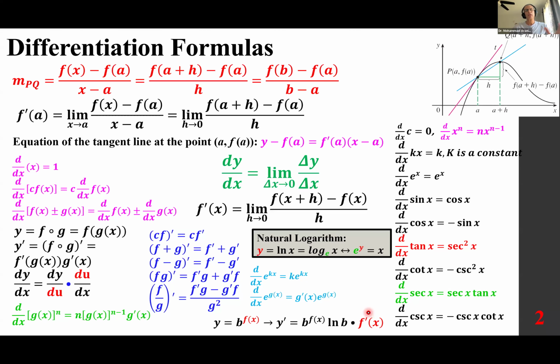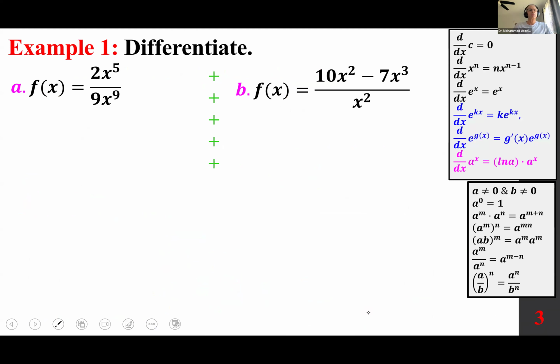So for example, let's get started with these examples. f of x is 2 over 9, x to the power of 5 over x to the power of 9. And I'm going to remind you that for this piece, we are going to use this quotient rule of exponentials. So it becomes 2 over 9, x to the power of 5 minus 9, which is negative 4. To differentiate this, of course, now we use the power rule, 2 over 9 times negative 4, x to the